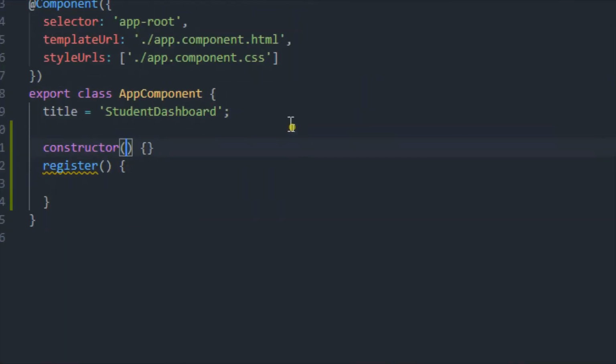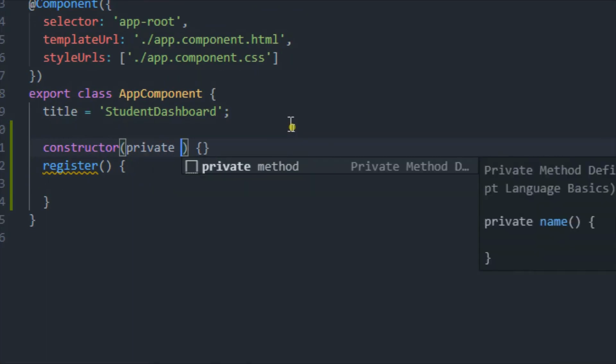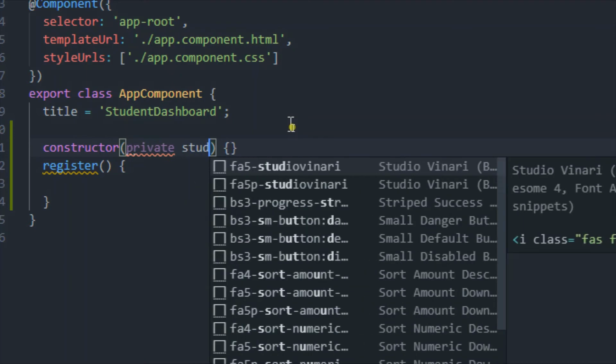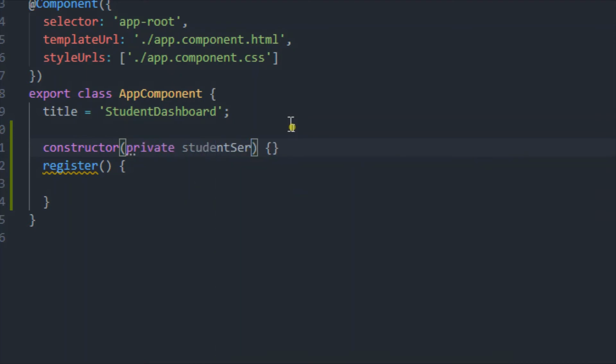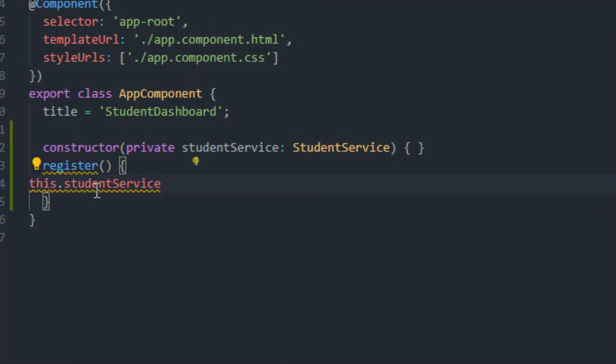So let me write private student service, and student service like this. Now we have injected the student service. Now inside this student service we have our call to the REST endpoint. So let me type student service dot register student.